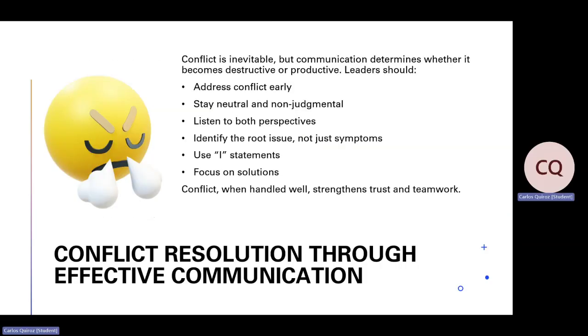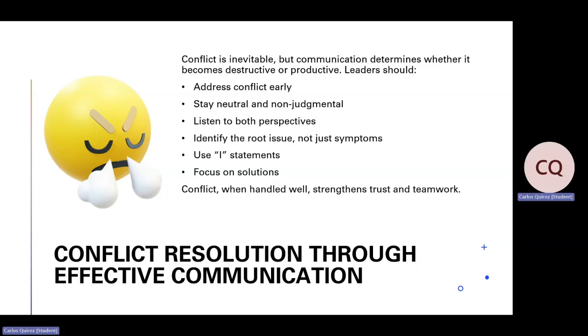Conflict resolution through effective communication. Conflict is inevitable, but communication determines whether it becomes destructive or productive.